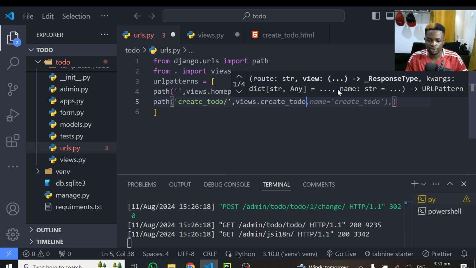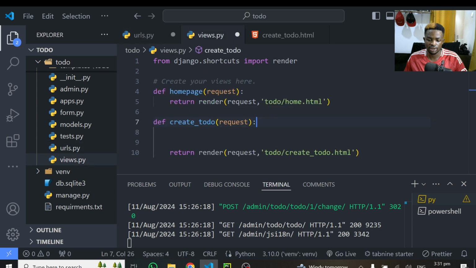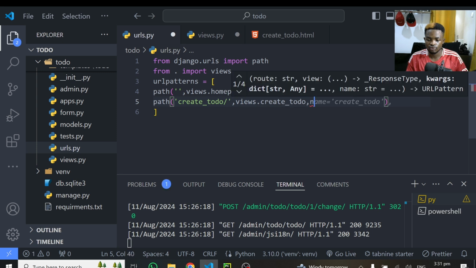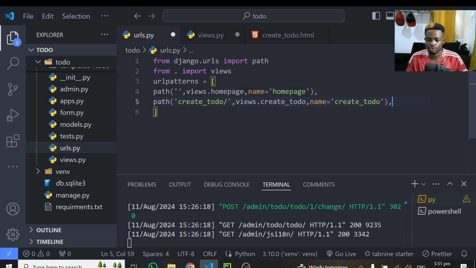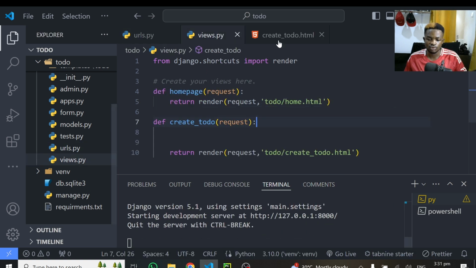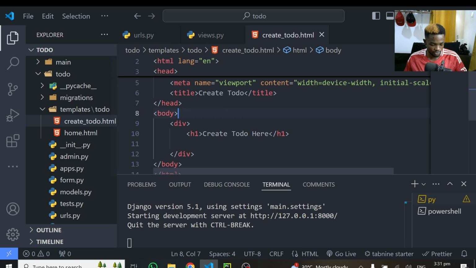So it's create_todo. We've created it here, and the name is create_todo, so we are just using that particular name, and we'll give it a name where I'll call it create_todo. So name is equal to create_todo. That's all. So when I save this, and when I save this one also, let me save all of them,